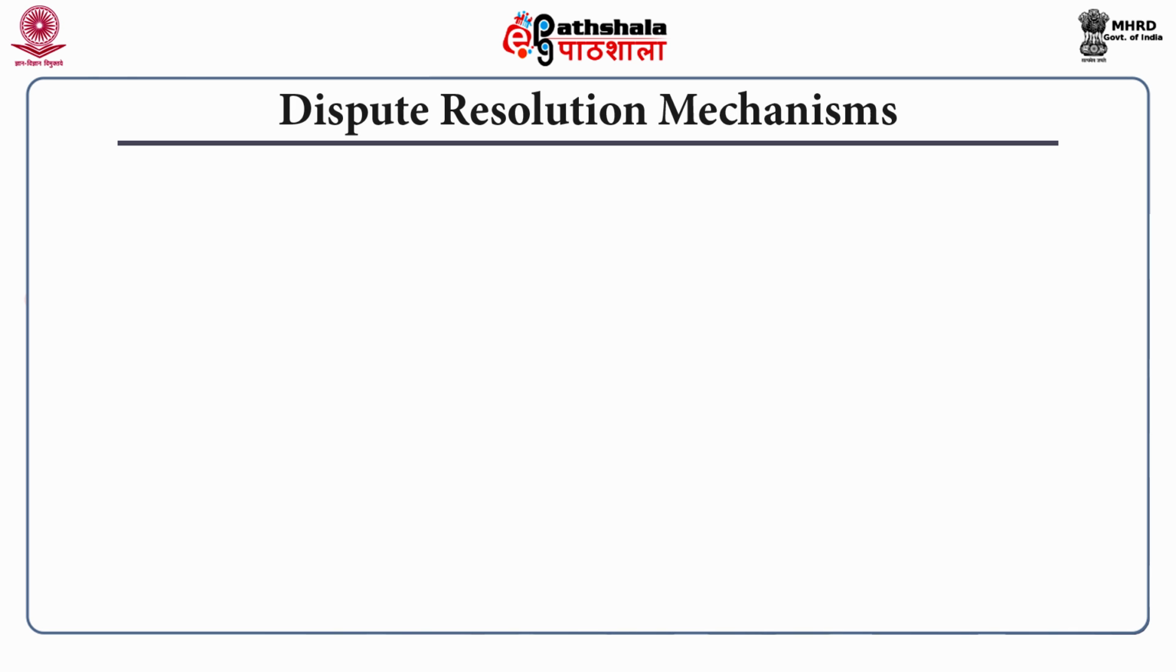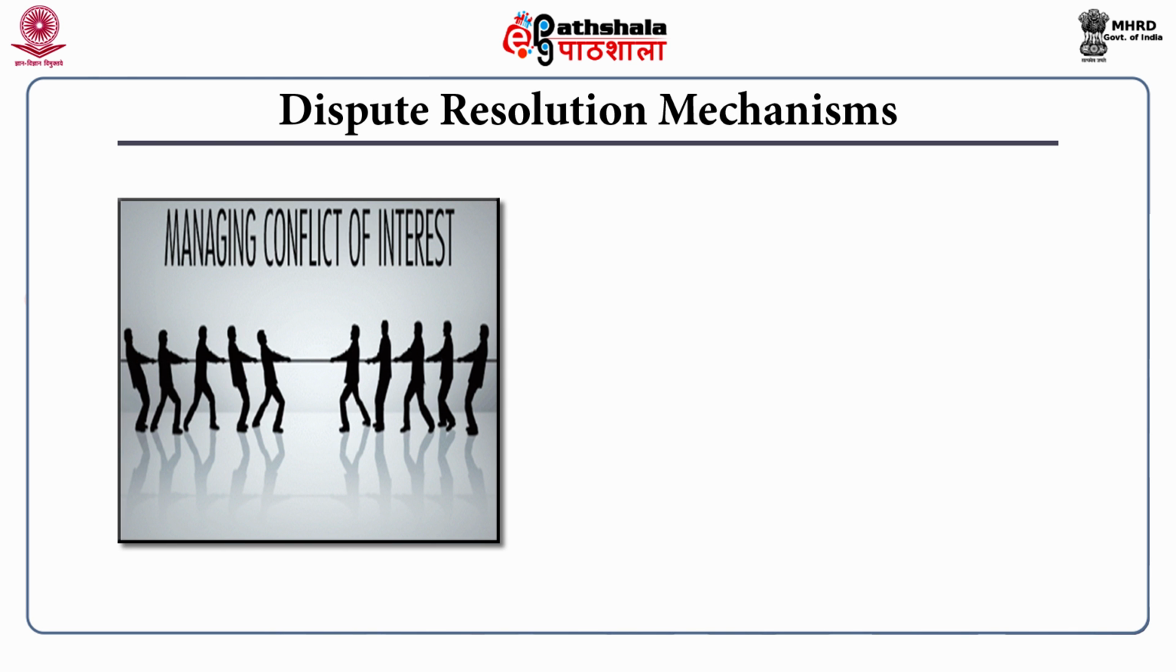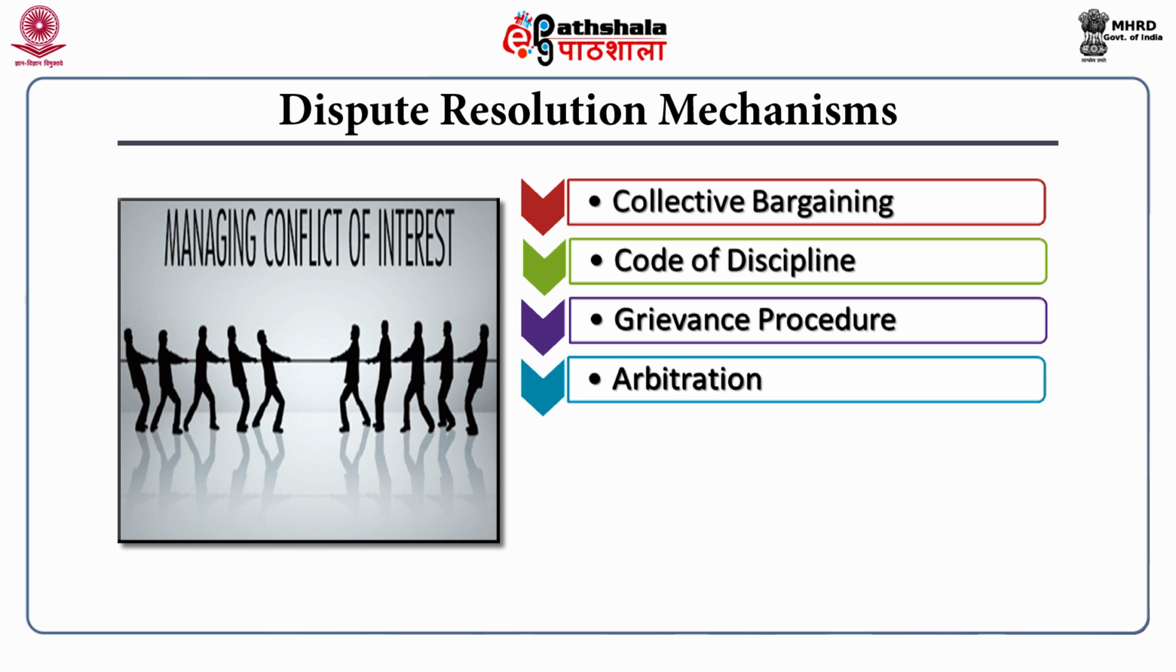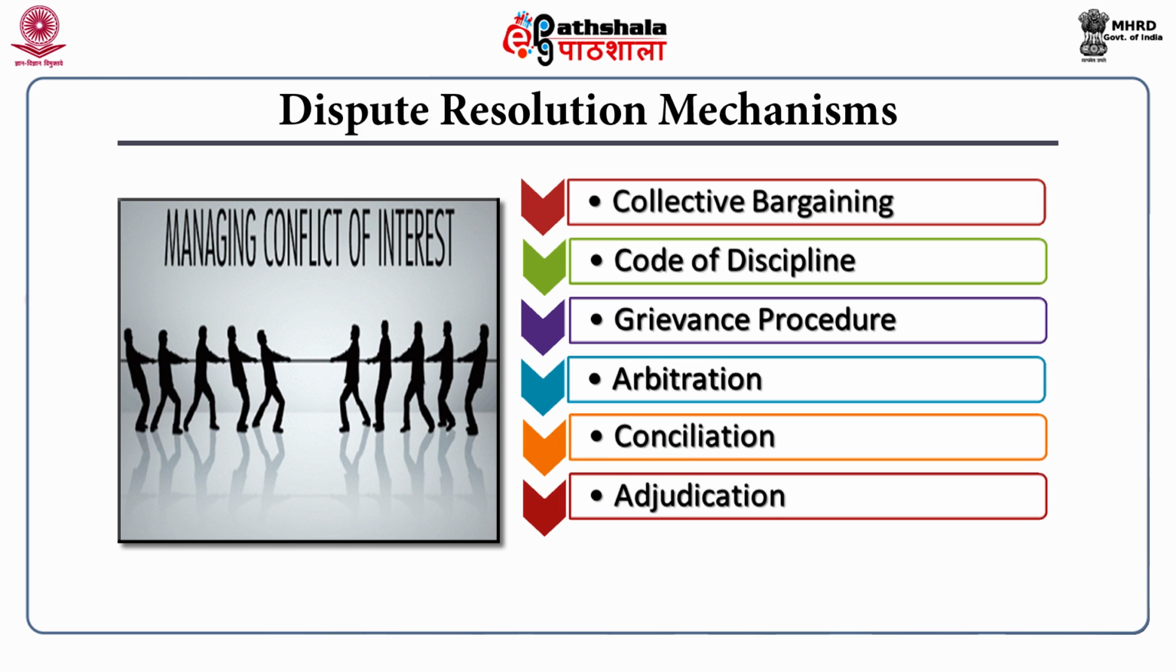Let's now see some of the dispute resolution mechanisms. Disputes, if not resolved, may lead to serious manifestations which may result in loss of production due to work stoppages, strikes, lockouts. These manifestations may be informal or formal, at individual or organizational level. Some of the important methods of resolving disputes are collective bargaining, code of discipline, grievance procedure, arbitration, conciliation, adjudication and